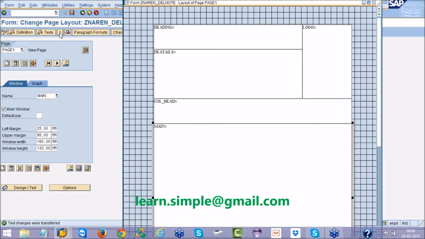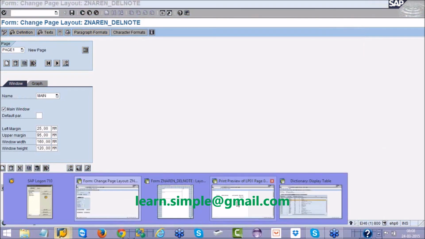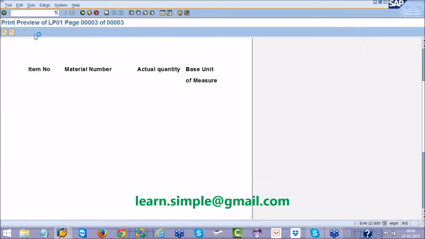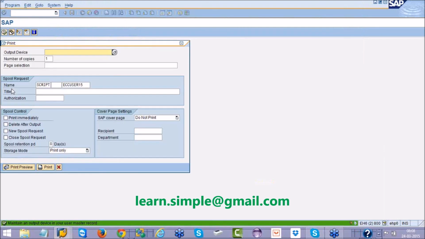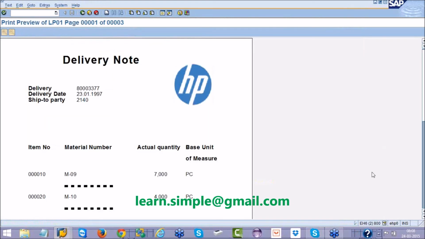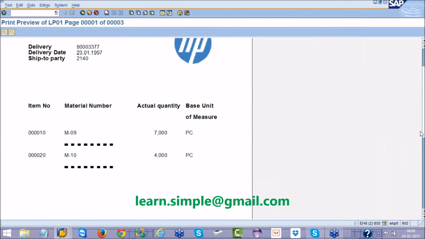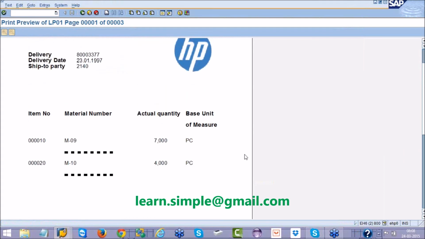Come back, activate. So now let me go to LP01. Here you can see the first two items are printed on the first page. Before printing the third item, it is checking the condition.